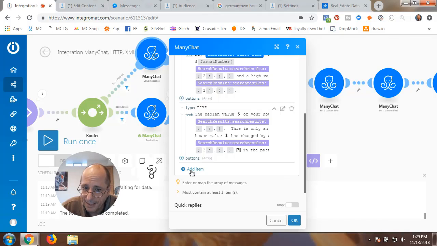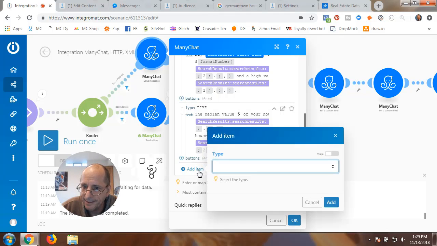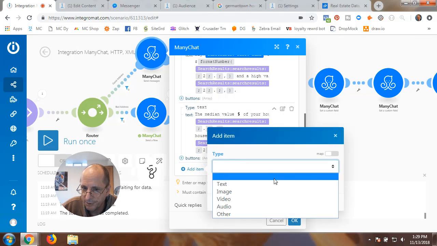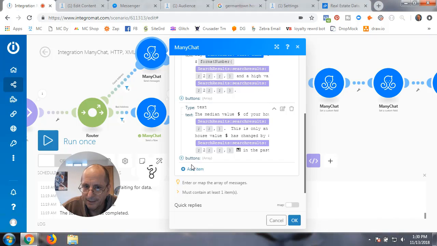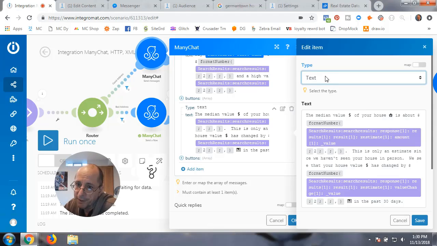And you're going to say add item. So you're going to add item. And then what you're going to do is you're going to pick text. And then you can type it in. I already did that, so I'm not going to do that. I'm going to go back and I'm going to edit this one. So I already picked text. And now here's my text. And I'm going to say this median value, the median value of your house, and there's emojis, is about,